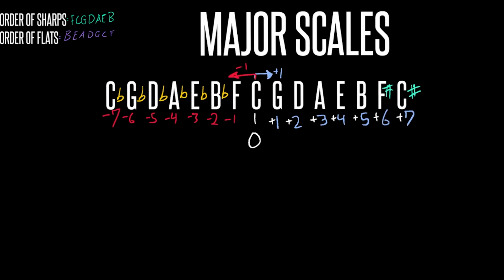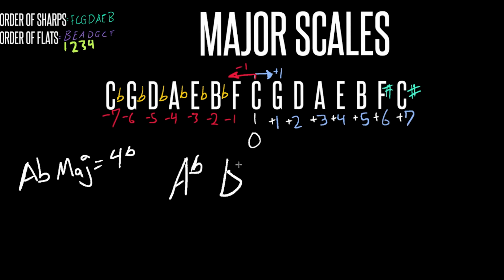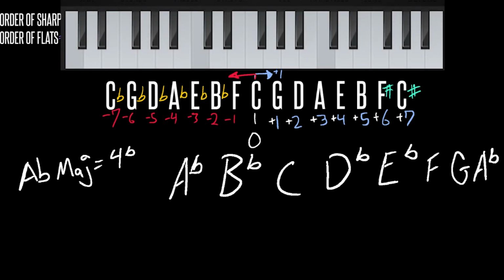So let's say, for example, we want to know the A flat major. For this, we will start from the letter C in the middle, the 0 one, and count backwards until we get to the A flat. So we have F 1, B flat 2, E flat 3, A flat 4. Cool. So the A flat major will have 4 flats in the scale, and those flats will be B flat, E flat, A flat, and D flat. Remember from the order of flats. So A flat major is going to be the following right here: starting at A flat, B flat, C, D flat, E flat, F, G, A flat.